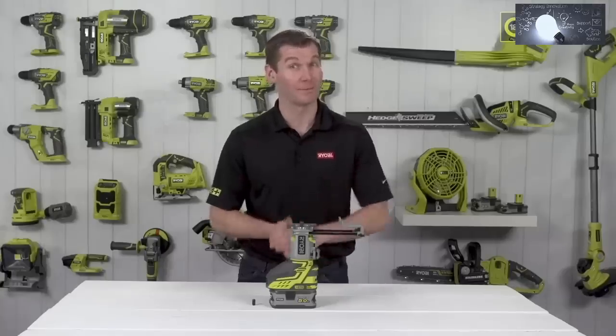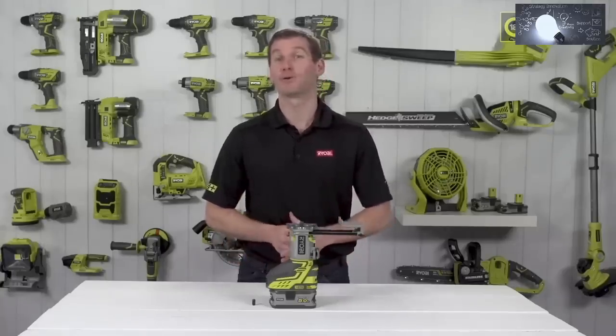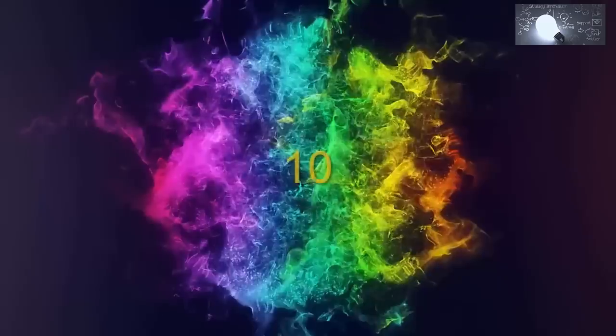This trim router is sold as a bare tool, allowing you to build on your ONE+ collection without the need to pay for additional batteries and chargers. As part of the ONE+ system of over 70